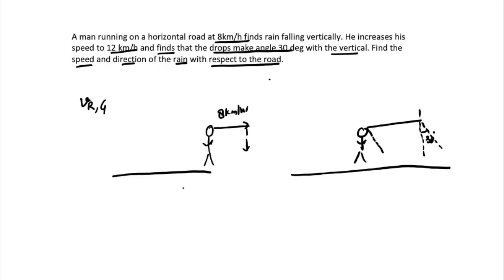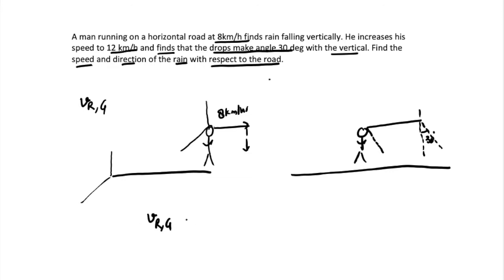So how do we explain this? First of all, it's a problem of two different frames. There is a frame of reference which can be attached to the ground, and there is a frame of reference which can be attached to the man. And these are both different frames of reference, and the way any object would appear in any frame is unique to it. So in a scenario where you have multiple frames of reference and some observations are given, the velocity as it would be observed from the ground,